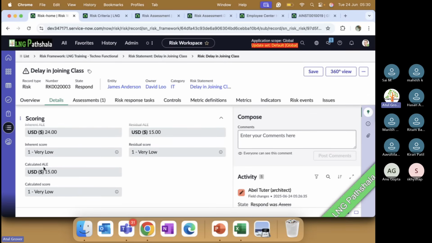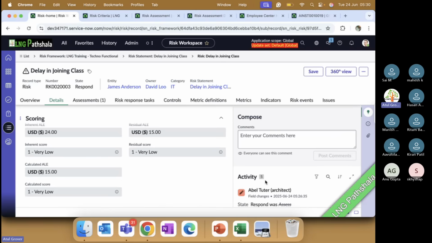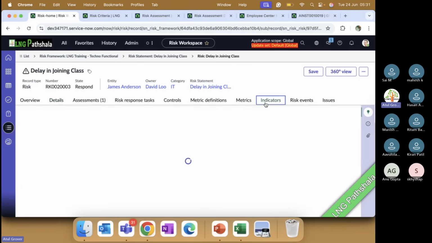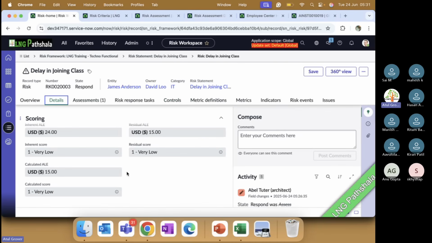Calculated ALE. It's showing 15. How is it coming? You can see here: SLE, ARO, and this. Non-compliant controls and the failed controls, failed indicators. If there is no control or indicators, then calculated ALE will be equal to the residual one. ये 15 इसलिए आ रहा है क्योंकि we don't have any indicator as of now and we don't have any control as of now. Due to this, it is taking